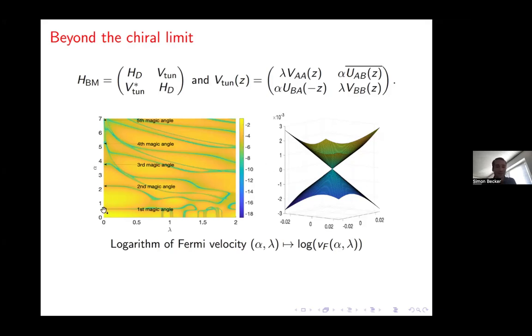And so if I'm at this first magic angle and I'm plotting the Fermi velocity, the log of it, then as I turn on lambda, it turns out the first magic angle is quite stable. The one that I see in the Carroll model is quite stable in the Bistritzer-MacDonald Hamiltonian, in the sense that you see a perfect straight line here, right? It goes up until 1, so essentially this is 0.58. So even choosing this one much larger than the original one, you see this very low number here, minus 18,